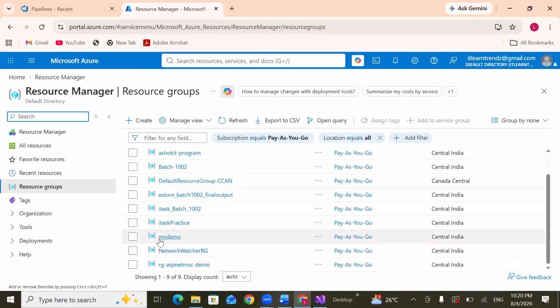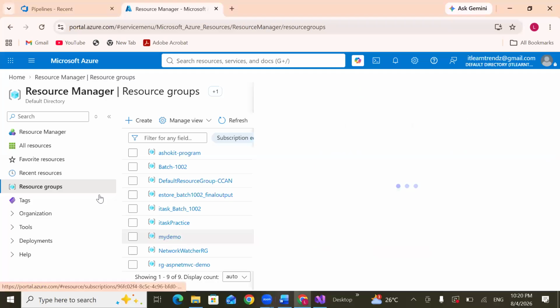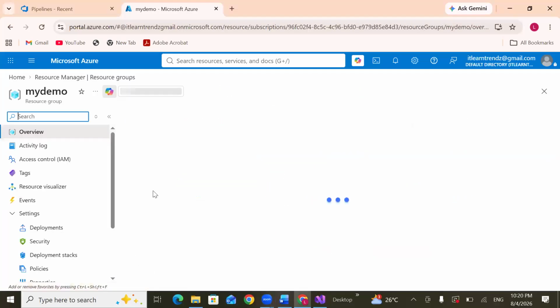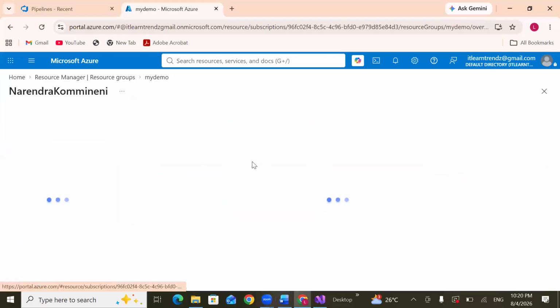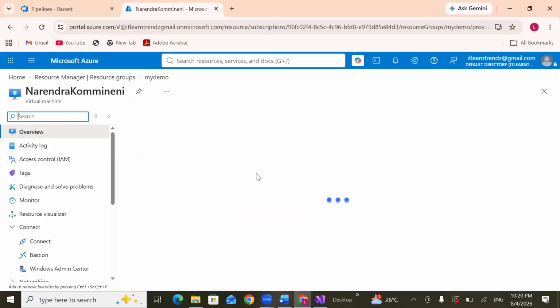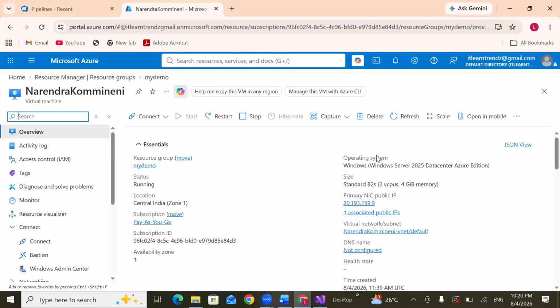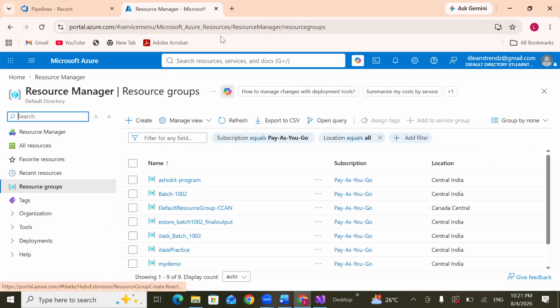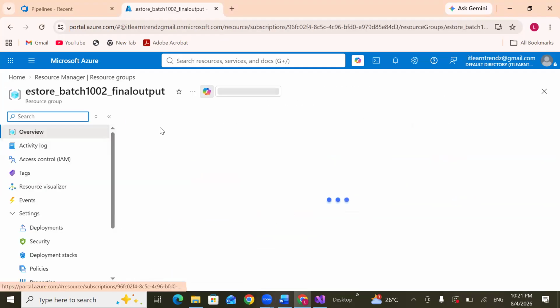Where is Narendra? Okay, my demo. What is the server we created? Virtual machine configuration. So I want to understand. So you see, Windows Server 2025 Datacenter, we have to use. Copy this, go back to your resource manager, go back to here,